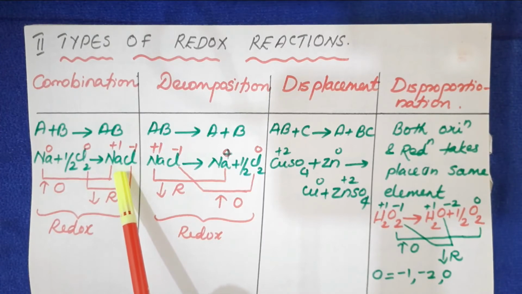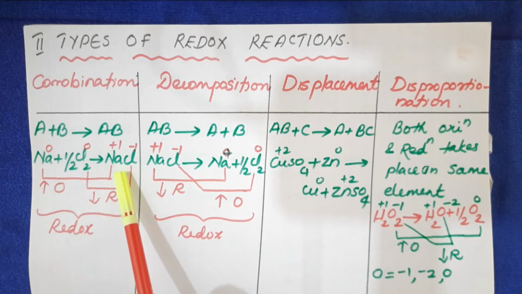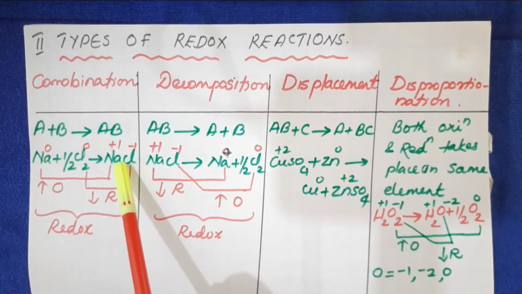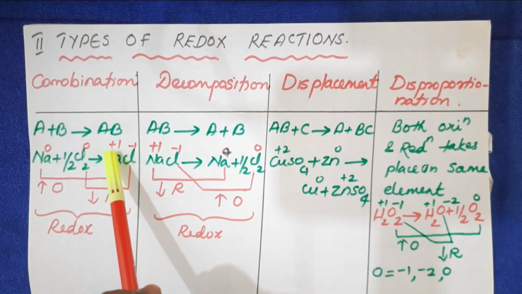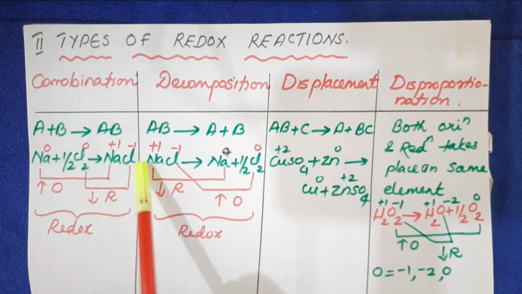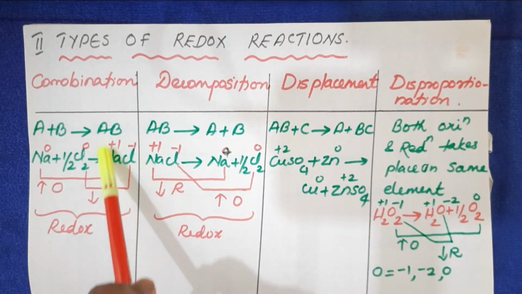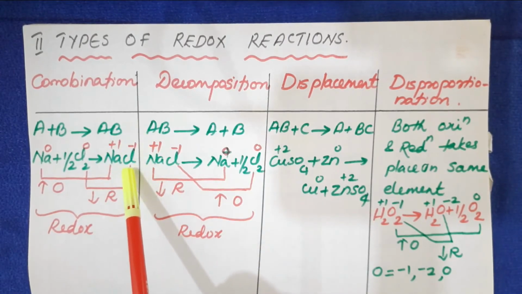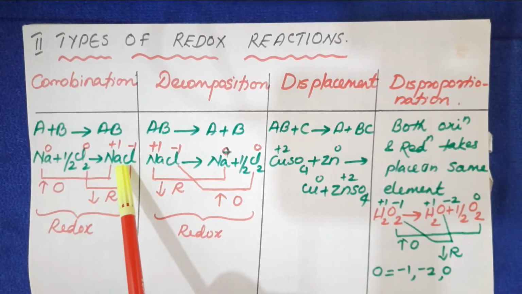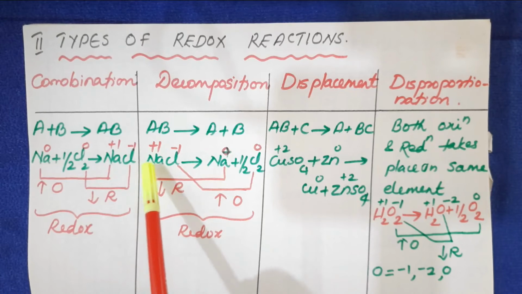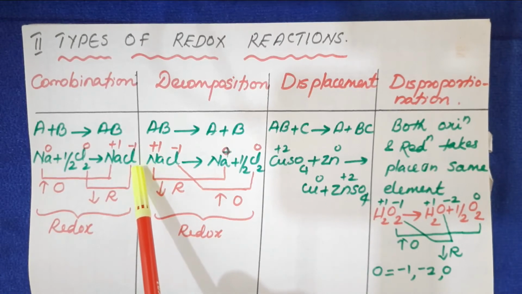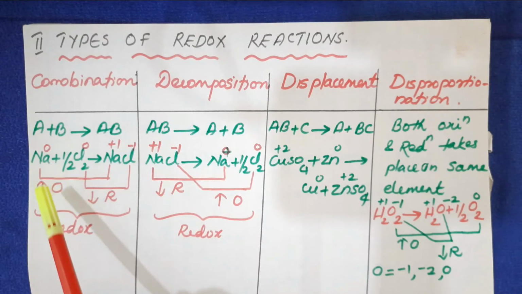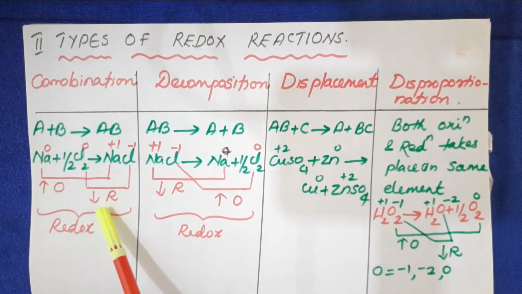Then what is the oxidation number of sodium here? Is it 0? No. Here the sodium is in the combined form. Therefore, oxidation number of sodium is positive 1 since it is first group element. Okay, positive 1. Then, what about chlorine? Positive 1 is for sodium. Then the sum of these two must be equal to 0 because they are neutral species. Sodium chloride is a neutral species. Oxidation number of sodium is positive 1. To become the sum 0, oxidation number of Cl must be negative 1. Clear? Then we can see which element undergo oxidation and reduction.